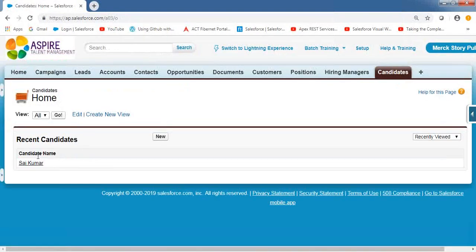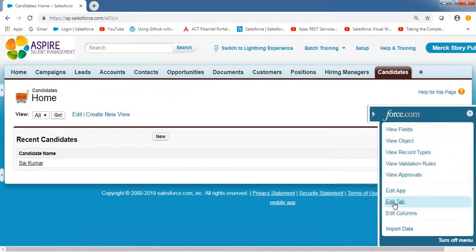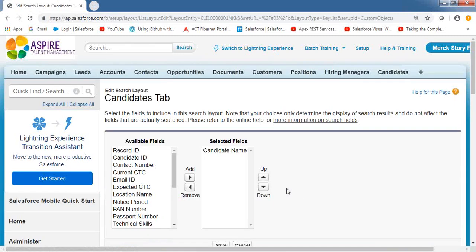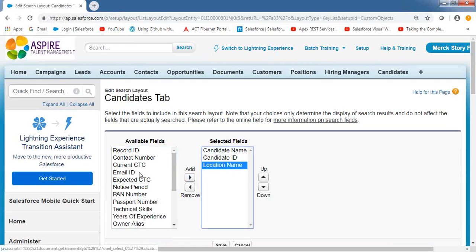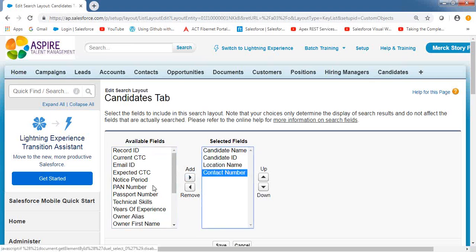Now we have the candidate record. Let me display some more columns over here. Go to edit columns. We can show candidate name and candidate ID, his location, email, contact number, and then his notice period,